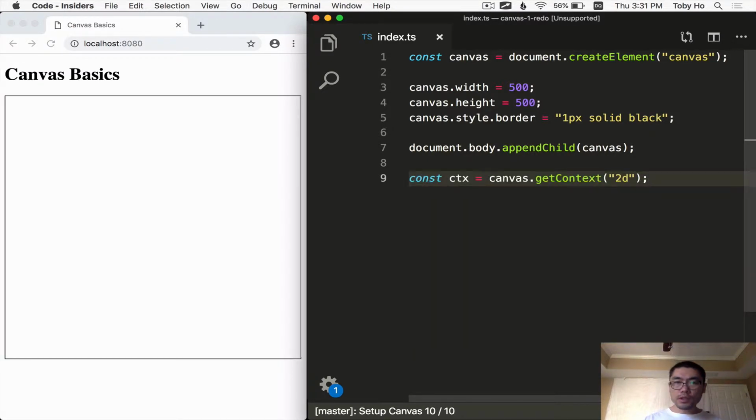Before you can draw on a canvas, you have to create a drawing context for it. You do that by calling canvas.getContext with a parameter of the string "2d". There are other types of drawing contexts that you can create by passing in a different parameter, but we're going to use 2D, which is the simplest one to learn. Okay, so now that we have a context object,